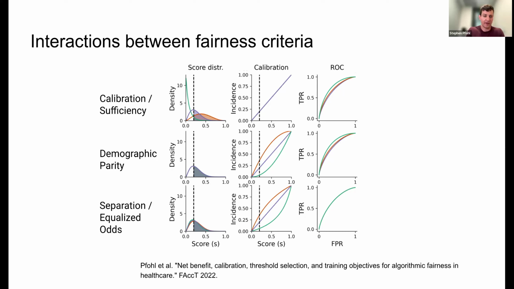And then in the final row, we have a case where the model satisfies separation, where essentially the ROC curves have been projected onto one another, which induces miscalibration and actually just introduces a very slight perturbation to the score distributions. And so one issue that I've seen is that there are many works that essentially choose